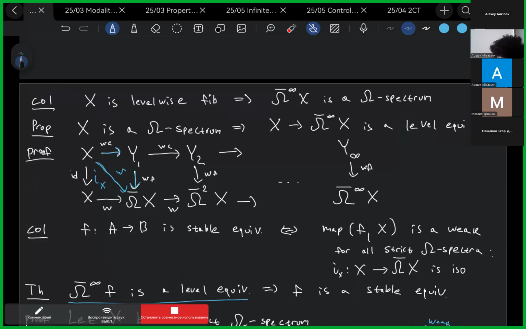When we repeat this construction, we construct a new object Y1, and the maps from Y1 to these objects are also weak equivalences, because we just apply the factorization to a weak equivalence between fibrant objects. Again we have this factorization and repeat it, and then take a limit. In this limit we have trivial cofibrations, and trivial cofibrations are already closed under